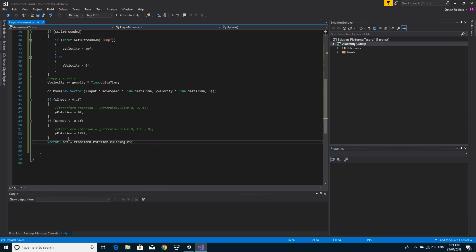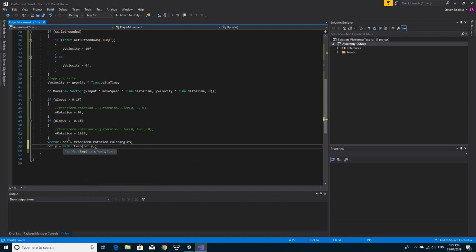There we go. So that will get an x, y and a z value that we can work with. Then we're going to say that the y component of this, the y angle, is equal to, and we're going to use Mathf.Lerp, which means to interpolate. So we're going to lerp the current rotation.y